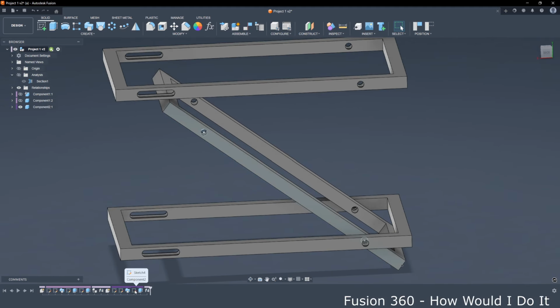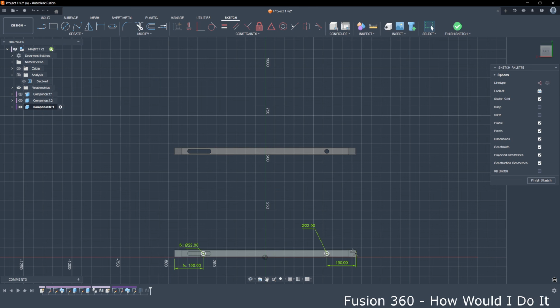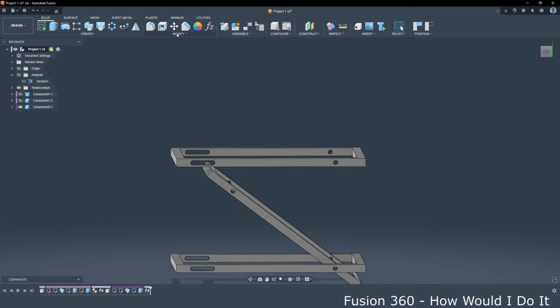Now I will go here to this sketch and see how this dimension is named. It's D18-1. I will change that to something like this. I will type DIST equals 150 millimeters. So we give a name to this parameter, and this parameter is called DIST. We will finish sketch and go here to modify